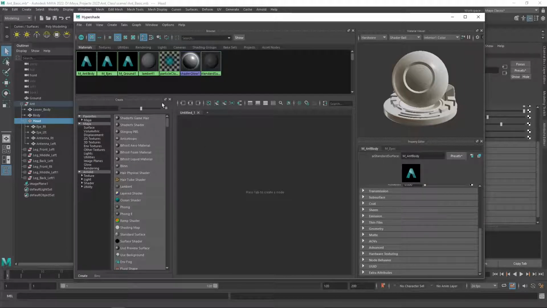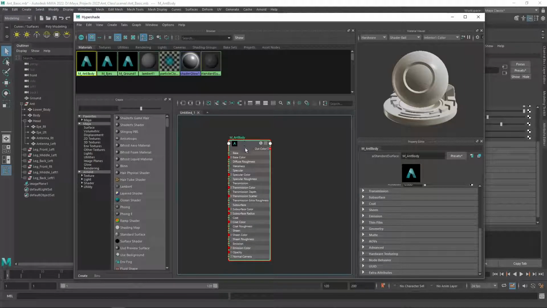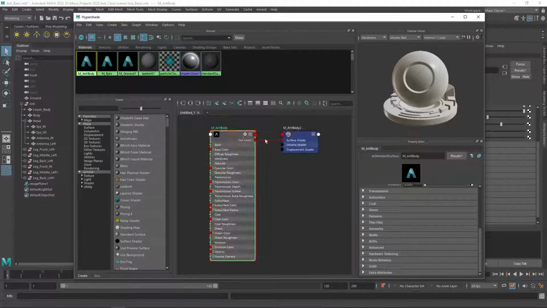Okay, so what we're going to do is we're going to take a material, and in this case the ant body, and I'm going to click on it. And when I do that, you can see it changes over here. And hovering over it, I'm going to use my middle mouse button, click and hold, and drag it down here. And here is the ant body. Select it, so if you click on it and then hit the output node right here, you'll see that it has this output node that we had renamed back in the main screen, and it has that name right here,